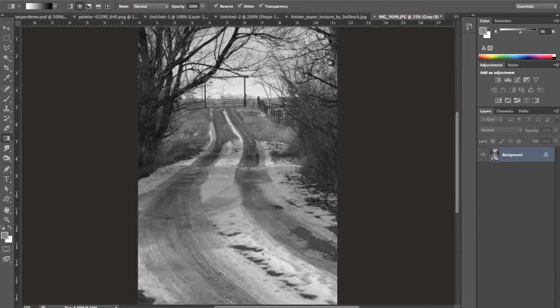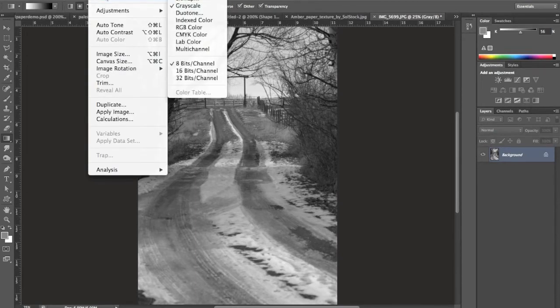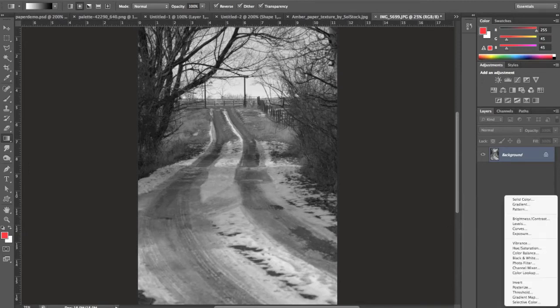Now the first thing we're going to have to do is change our color mode once again. I'm going to go up to the top of the screen and change my mode from grayscale to RGB color. Now I'm going to go down to my adjustment layer icon. My adjustment layers are located at the bottom of the layer panel. There's a little icon that looks like a yin-yang symbol. If you click on that and you click on gradient map,